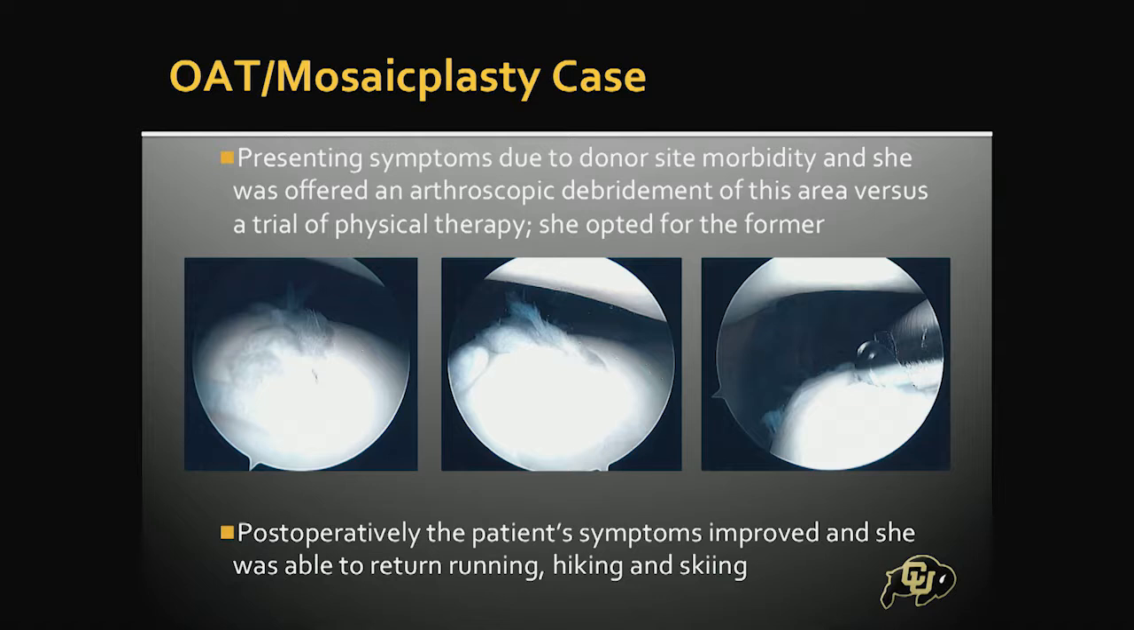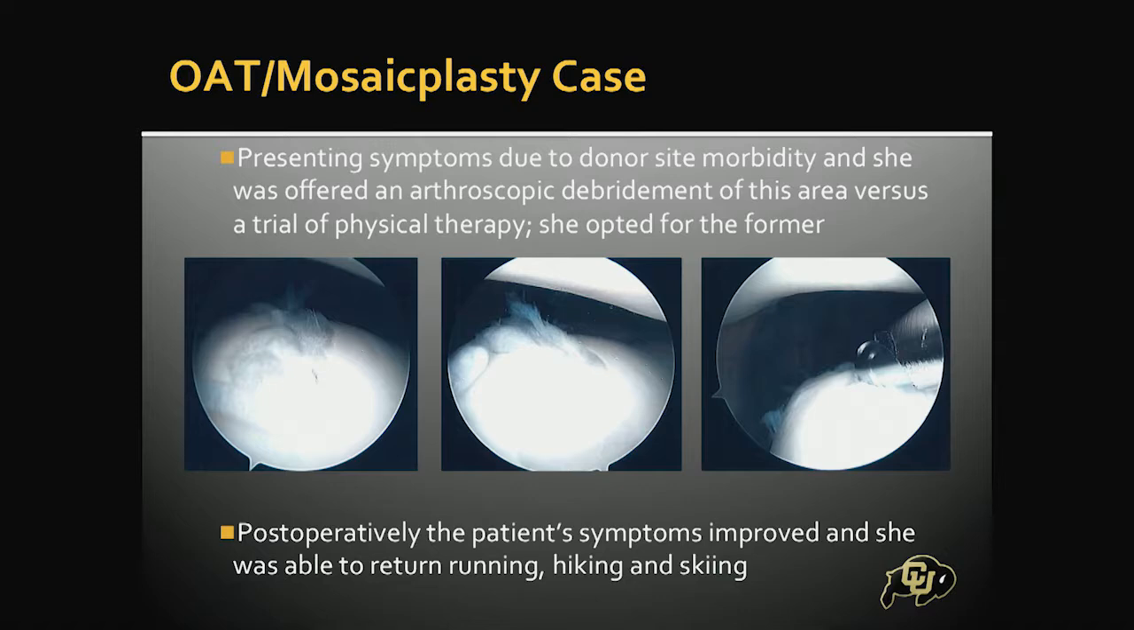Her OAT grafts, however, were very congruous with the cartilage surface and seemed to have incorporated well. So with her symptoms in mind and her MRI, it was felt that it was most likely donor site morbidity that was causing her pain. She was offered an arthroscopic debridement, and here are her intraoperative photos. And she did very well postoperatively. She's returned to all of her athletic